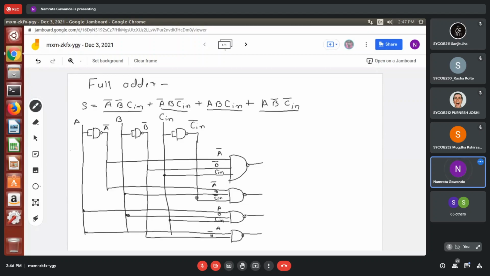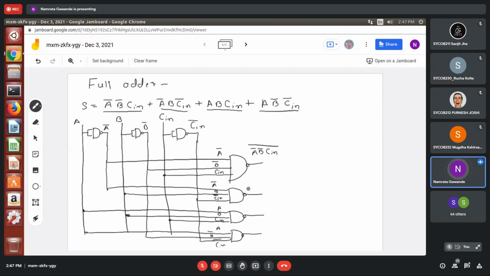So this I will extend. This is C in bar. Okay. So this will be A bar, B bar, C in bar,